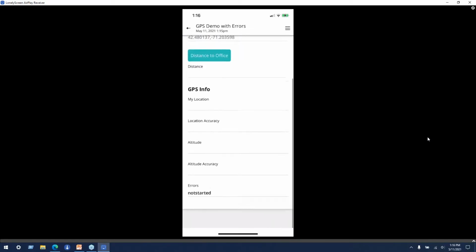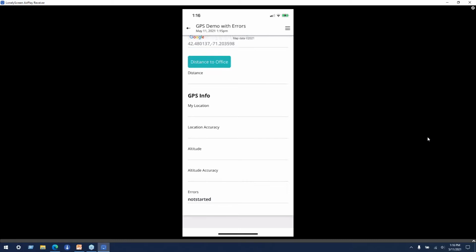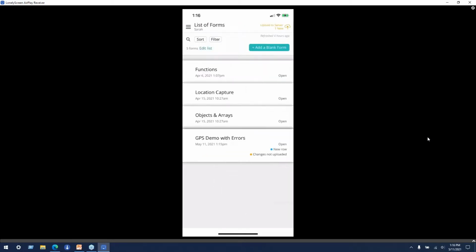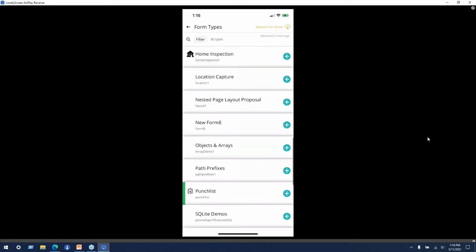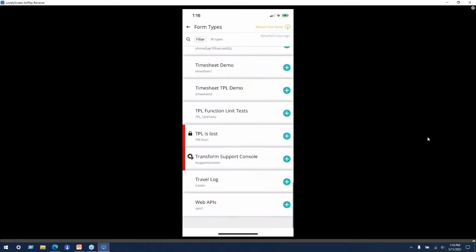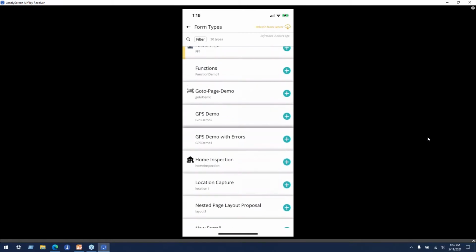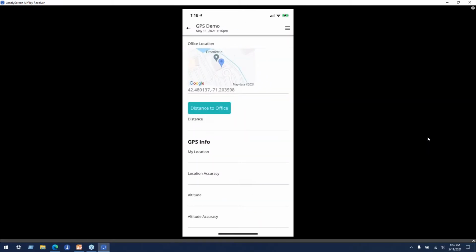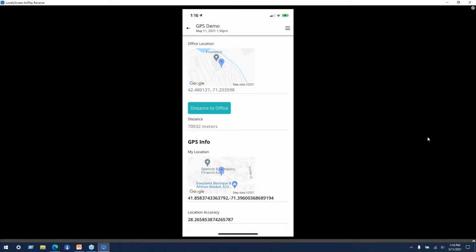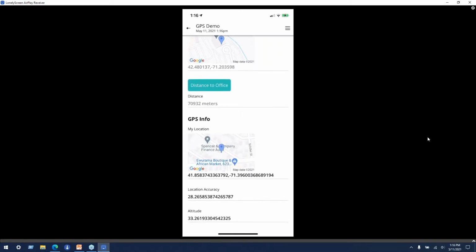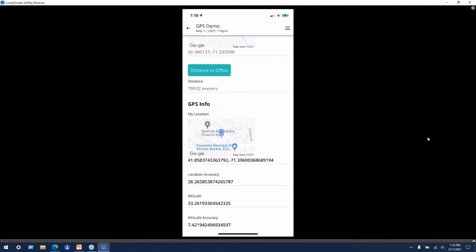So this isn't going to work. I would have to go back and update my form and republish it with the fix. But this other form that I have in here, the one that does call start on the load function, looks the same, but now when I tap distance to office, it captures my location. It shows me that distance is this nice little